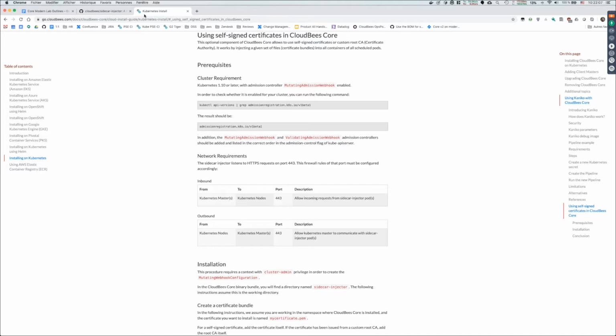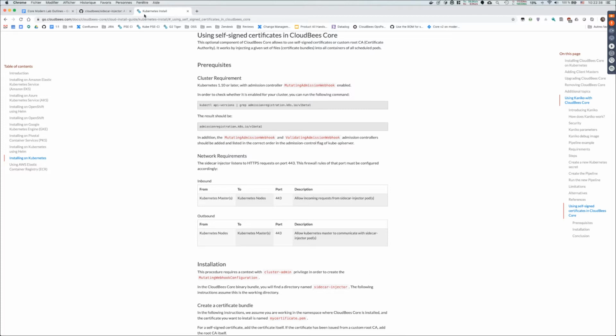Such services can include, of course, CloudBees CI, GitLab, GitHub Enterprise, the Atlassian Suite, etc. A recurring issue that we've seen in the field is that if you just install CloudBees CI, it won't trust these root certificates by default, because it just relies on whatever certificates are provided as part of the Linux distribution that we run on top of.